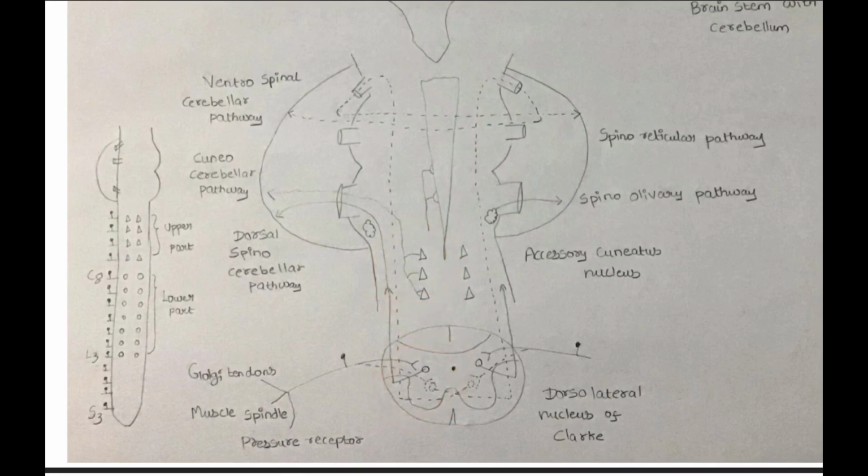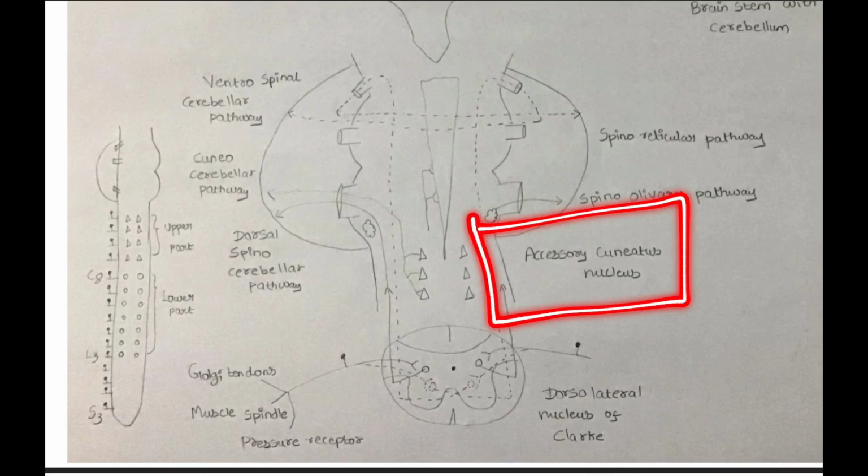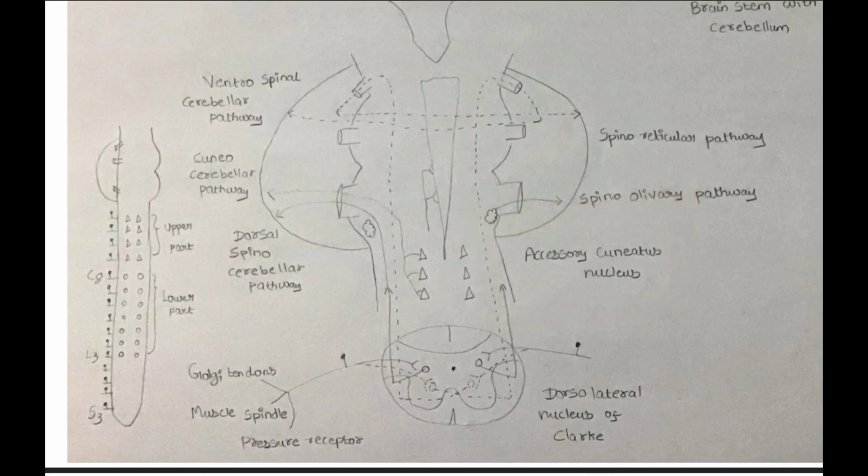Please do not confuse this accessory cuneatus nucleus with the cuneatus nucleus in the dorsal column. In the dorsal column, when you go back, you have fasciculus cuneatus and fasciculus gracilis. Fasciculus gracilis receives the sensory nerve fibers from the lower part of the body, and fasciculus cuneatus receives the sensory nerve fibers from the upper part of the body. And this fasciculus cuneatus and fasciculus gracilis will go to the nucleus cuneatus and nucleus gracilis located in the medulla